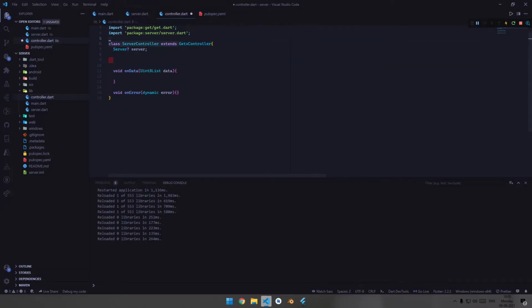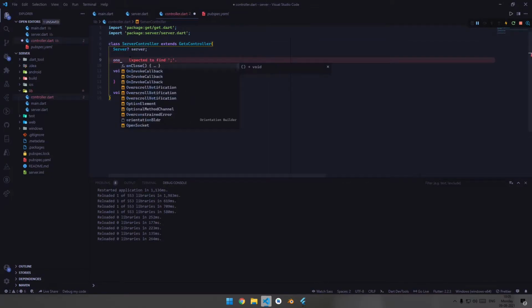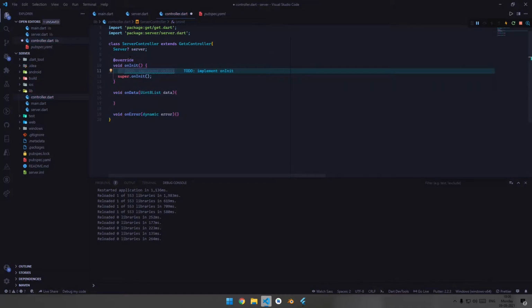Basically in GetxController there is a function called onInit, so let's declare the server over here, and now you can see the error has gone. When we are calling this server controller, at the very start this function will be executed even without calling this onInit function.